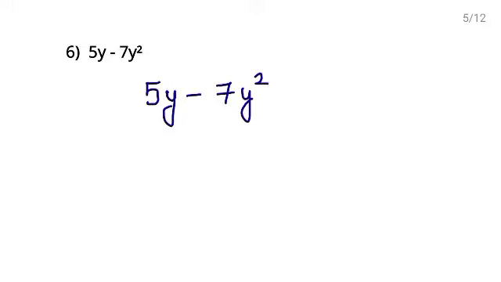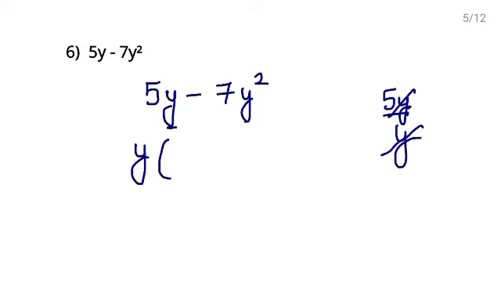Numerical term is not common. Numerical factor is not common, so you cannot take numerical factor outside the bracket. But base of the variable is same, so I will take y outside the bracket. In 5y, you have taken y outside the bracket. So if we reduce by y, taking y outside the bracket, we will get 5 here, minus 7y square was there and you have taken y outside the bracket. It means y की पावर 1 ले ली है आपने outside the bracket as the common factor.